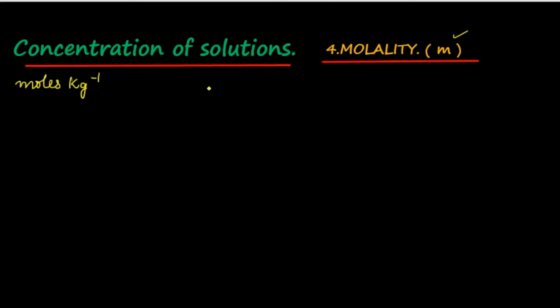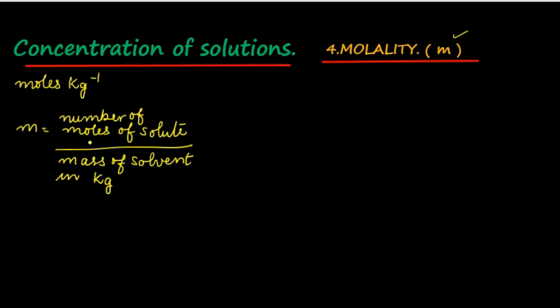Problems are generally asked from this portion, and in the problem it may be stated that a certain amount of the solute is dissolved in certain amount of the solvent. Then by using a simple formula, it is possible to calculate the molality of the solution. There are three different methods by which it can be calculated depending upon what information is given in the problem. One such method is molality is equal to number of moles of solute by mass of solvent in kilogram. This formula can be used if the amount of solute is given in moles and mass of solvent in kilograms.